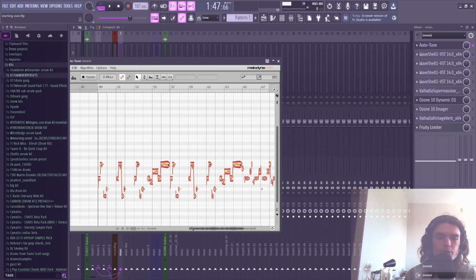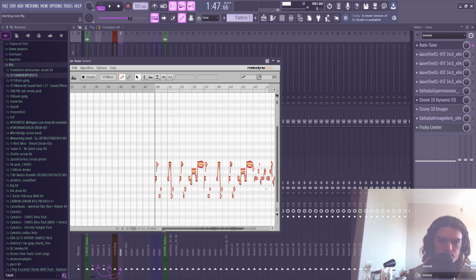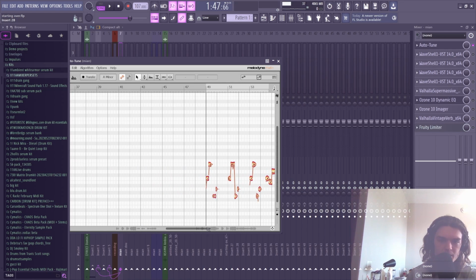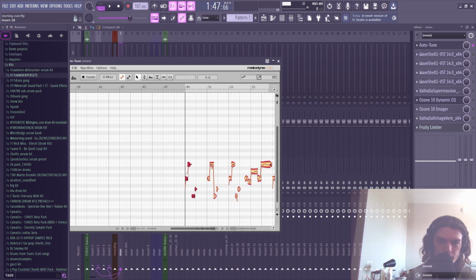With this, the other thing is you don't want to go too crazy with it. You don't want to be going 3 scale notes past the note that it came into Melodyne at. Because if you try to pull it up,